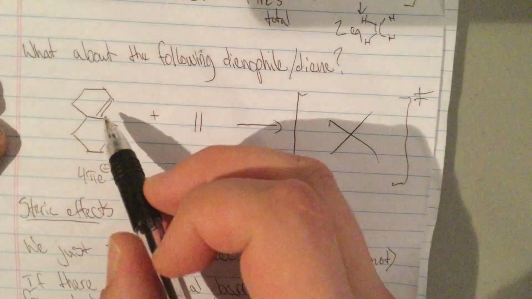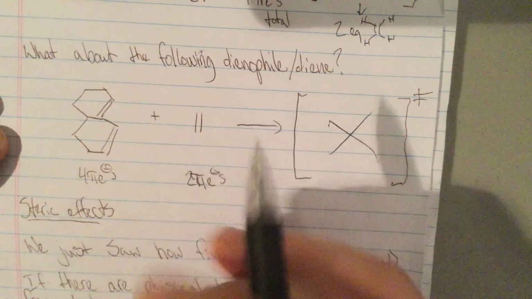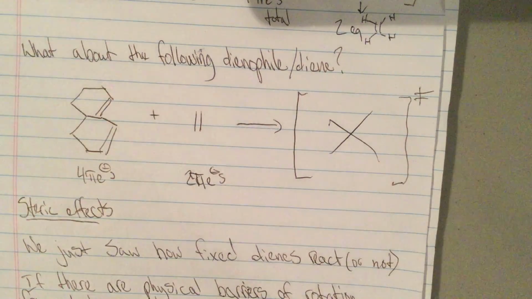So this is something to consider, especially if you have some substituents, let's say, about a cis diene. If they're really bulky,